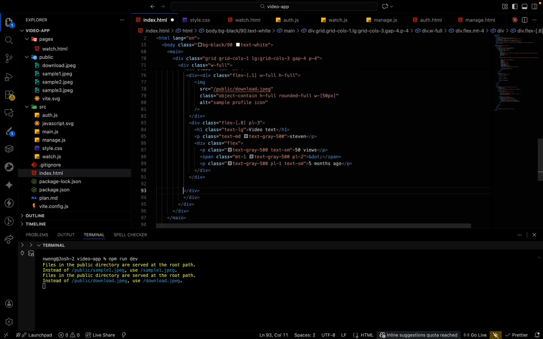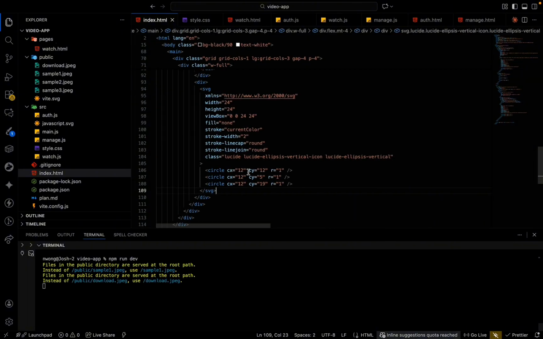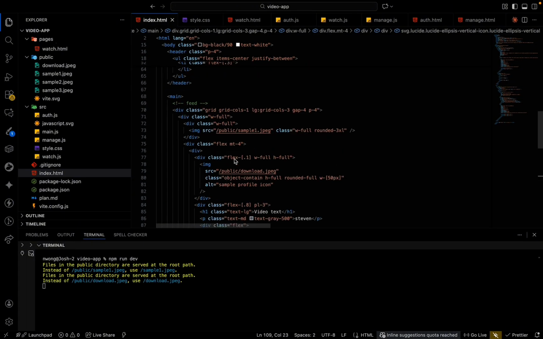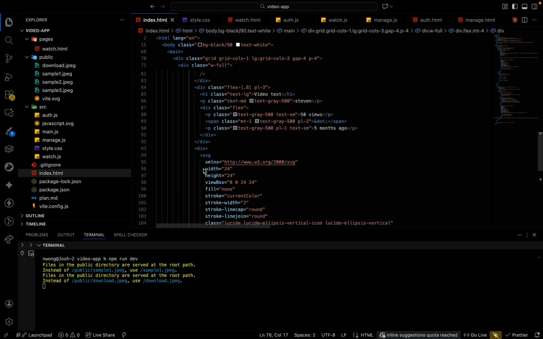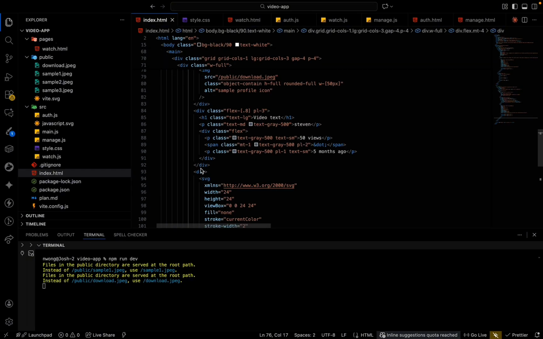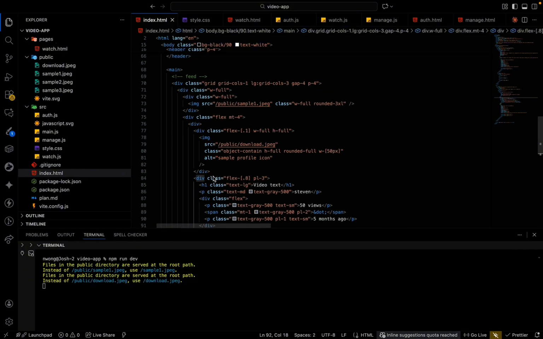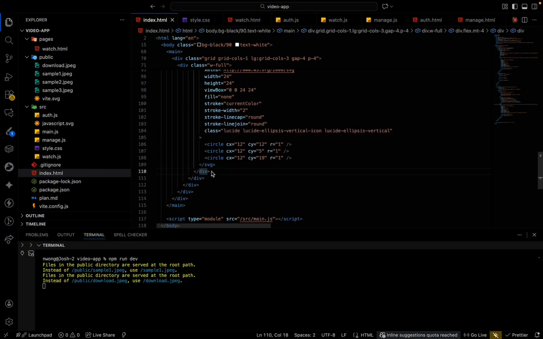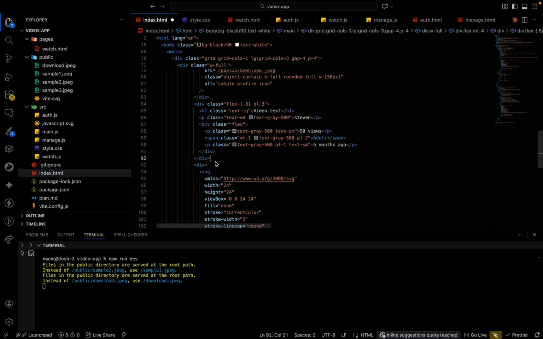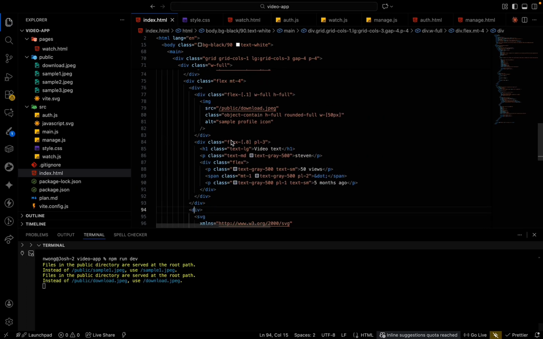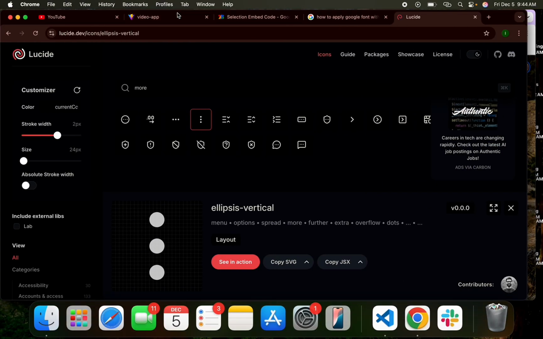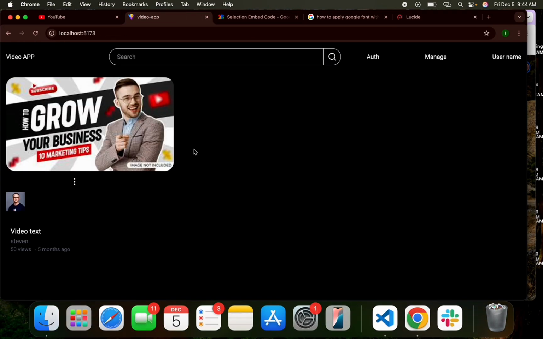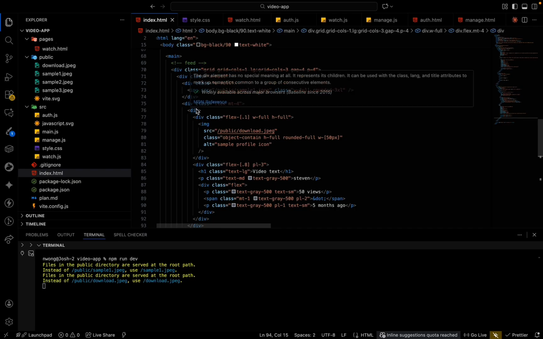Yes, and then we are going to have another div here again where this SVG is going to live, and then we are going to come to the top of this div. This div is meant to cover this other div. Yes, it's meant to cover this other div, and then we can come here. So if we check this now, we should see that we now have